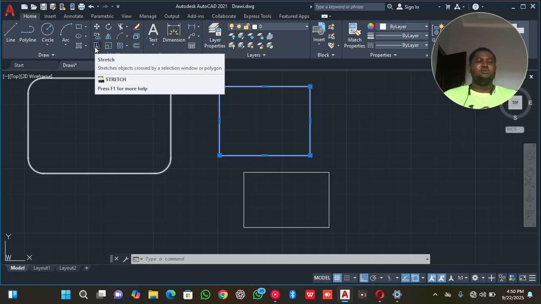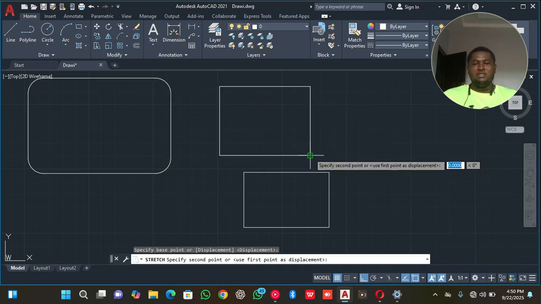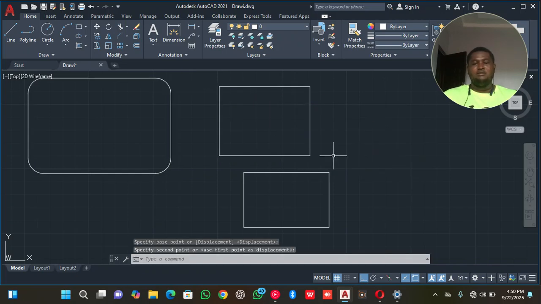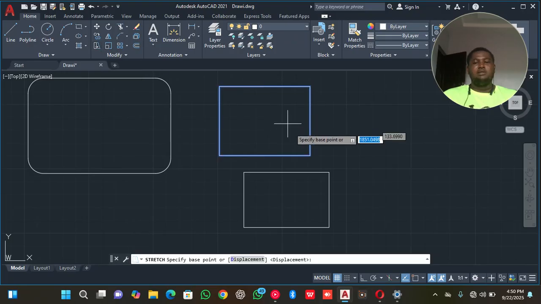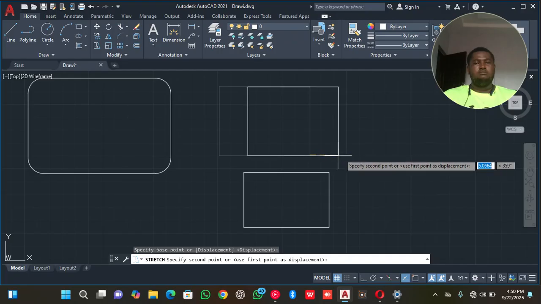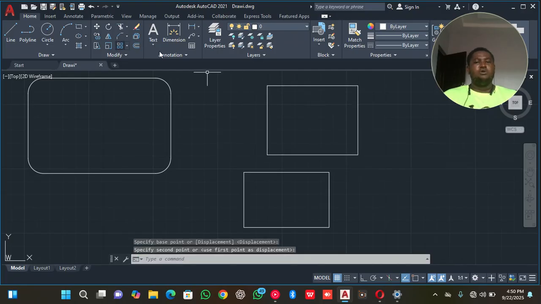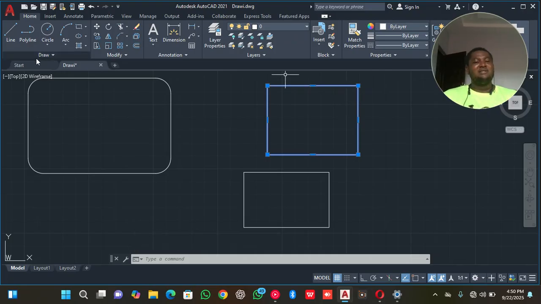The next tool we have there is stretch. So click on stretch, specify the base point and stretch it. Sorry, all of these are joined together, so you can't stretch it. You have to first break it apart before you stretch it. So let's explode the drawing. So now all of them are individual. Now when you click stretch,